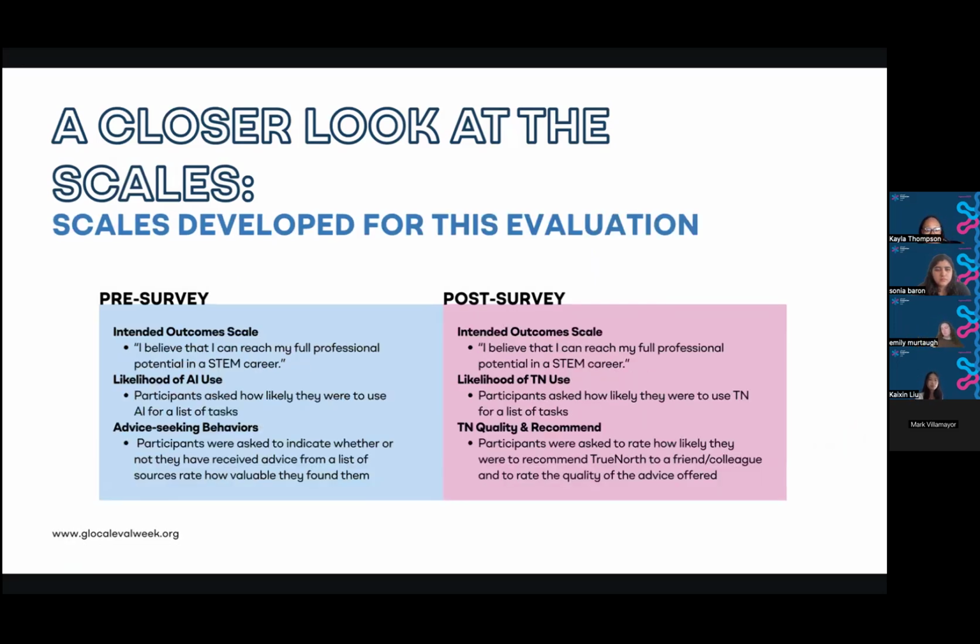For the TrueNorth intended outcome scale, which we used on the pre-test and the post-test, we developed items that were aligned with the development team's intended outcomes and the literature around the needs and supports for STEM professionals. The items covered things like navigating conflict, seeking support, confidence, communication skills, understanding norms and expectations, negotiation, advocacy, and turnover intention. We wanted to see if their score on this scale changed between the two time points.